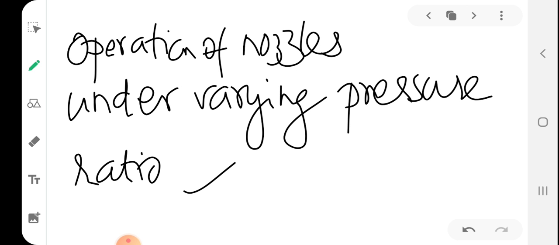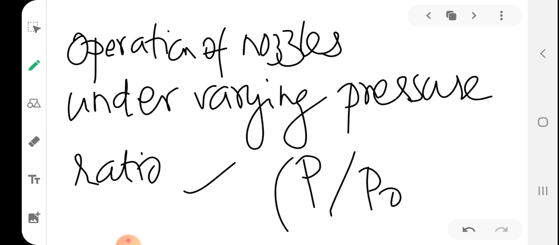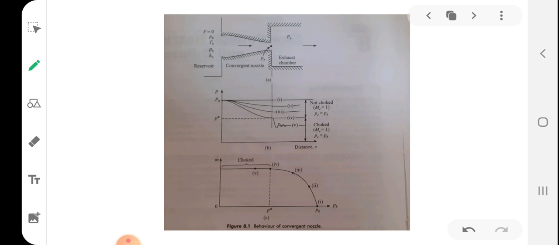We have already determined the mathematical expression for mass flow rate with respect to pressure ratio. Pressure ratio means P by P0. This P can be a particular pressure at any of the sections in that nozzle. Here we are going to explain that equation's practical application, how practically the mass flow rate, Mach number, etc. change with the pressure ratio. Okay, so students,